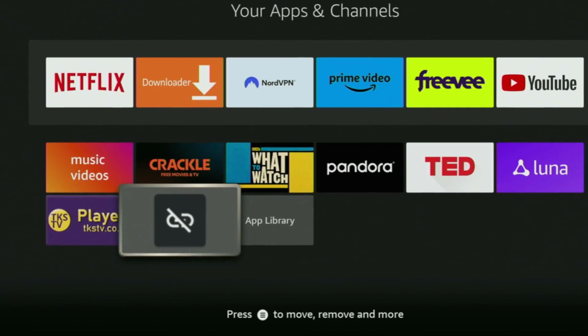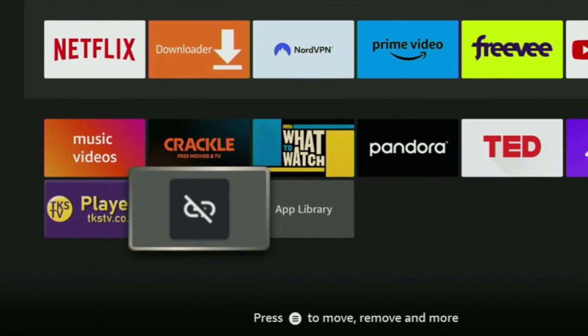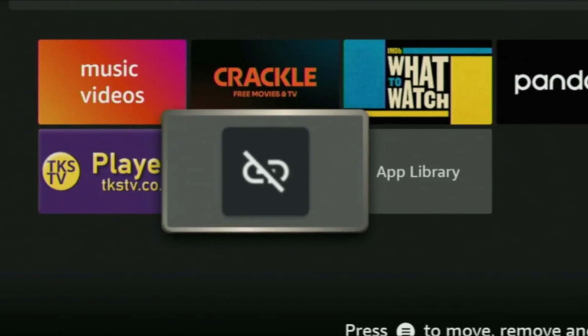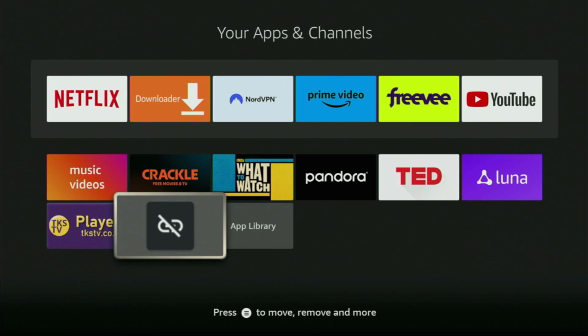Hey, how's it going? Today I'll show you how to install Unlinked to your Firestick and also show you the best codes which you can use on this app. The whole setup is really easy and will take you only a couple of minutes. So now, without any further ado, let me show you how to get Unlinked to your Fire TV stick or